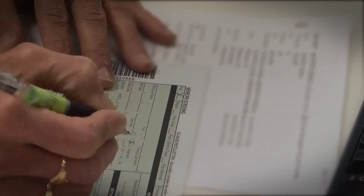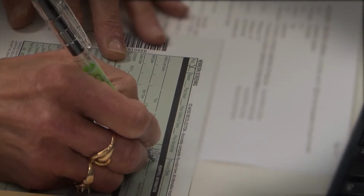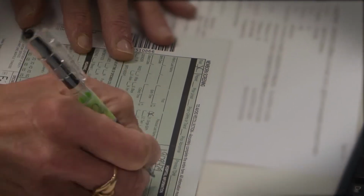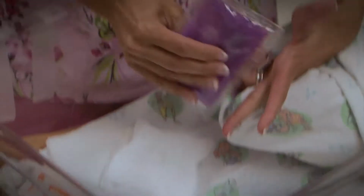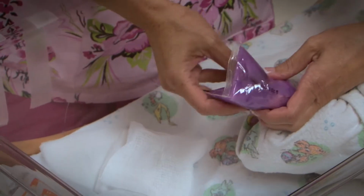After an infant is born, our medical receptionist usually will fill out the basic information on the newborn screen form with the infant's name, gender, date and time of birth, the mother's demographic information, and the PCP information. And after 24 hours and before 48 hours, the newborn screen is going to be obtained by the nurse caring